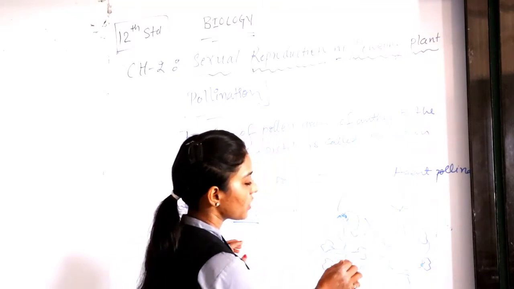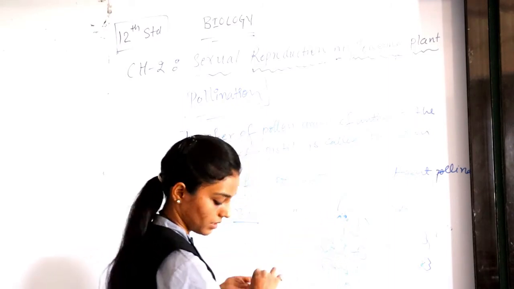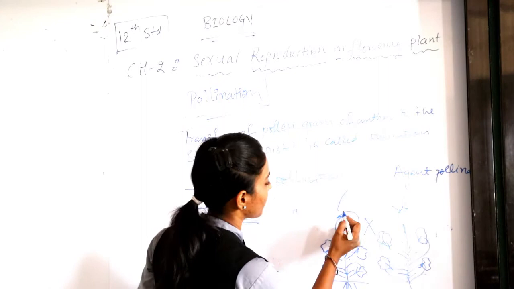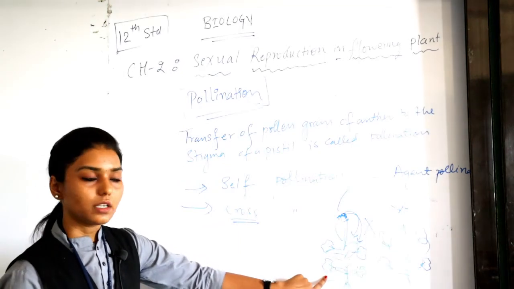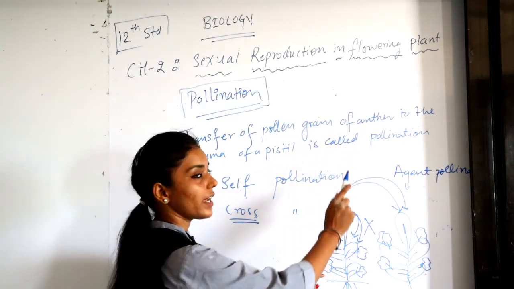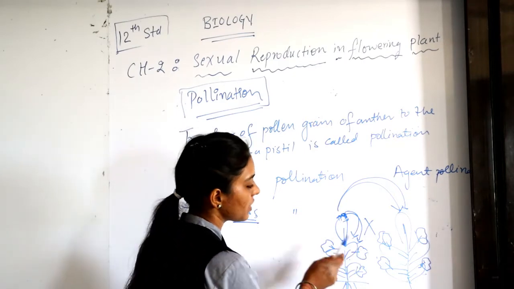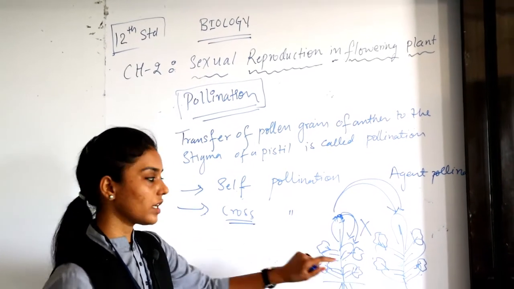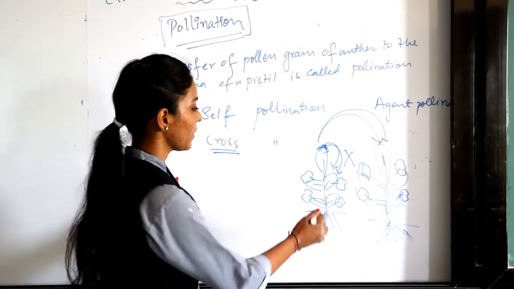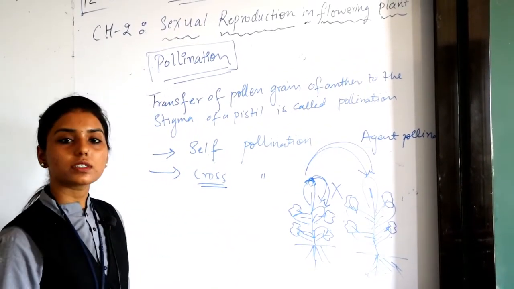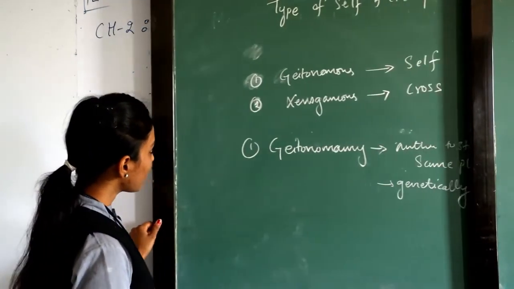Over here, I will show you the diagram again that we have seen previously. In geitonogamy, pollination occurs between this particular part and other parts of a flower in the same plant. Transfer of what? Pollen grain of anther to the stigma of a pistil of the same plant, but a different flower. It will be on the same plant but the flowers will be different. Okay, that is geitonogamy. I hope you are understanding the things that I am telling you all.